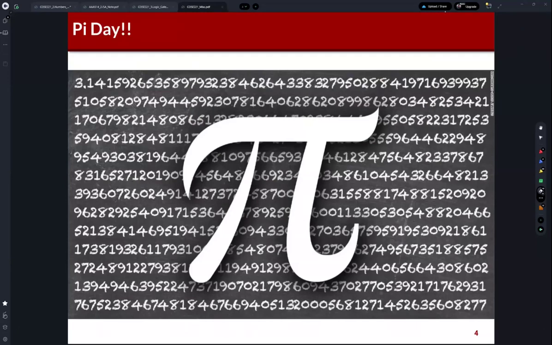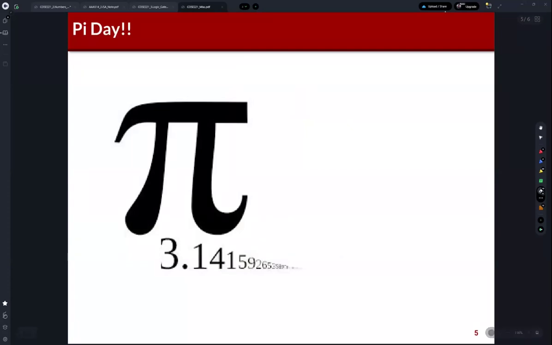Pi is a real number, but we cannot represent pi with our number system, right? It is because after the decimal point, there are infinite numbers, okay? So actually it's very long, and it means that we cannot represent pi with our number system, okay? But it's a real number, right? So Pi Day, so